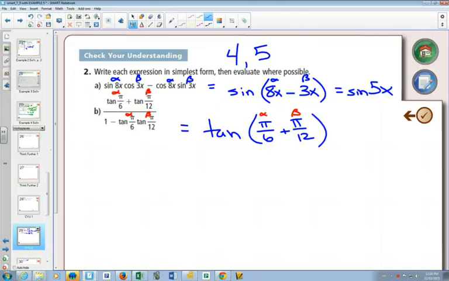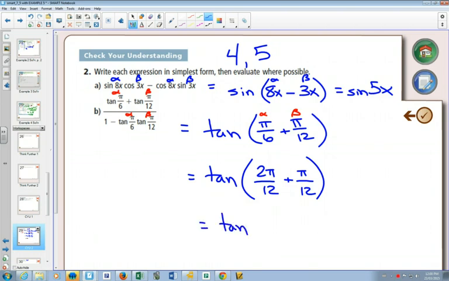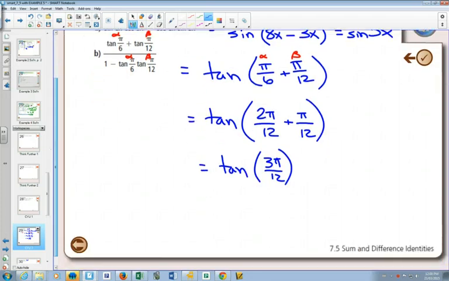Of course, if I wanted to add pi over 6 plus pi over 12, I need a common denominator. If you could do this in your head, right, if you can see the 2 pi over 12. That means you have to do this to answer the question correctly. It says evaluate where possible, so I want to see if I can evaluate this. Now when I add these together, I'm going to get tan of 3 pi over 12. Now you don't have to reduce fractions, but in this case, if you want to evaluate it, it pays to reduce that fraction